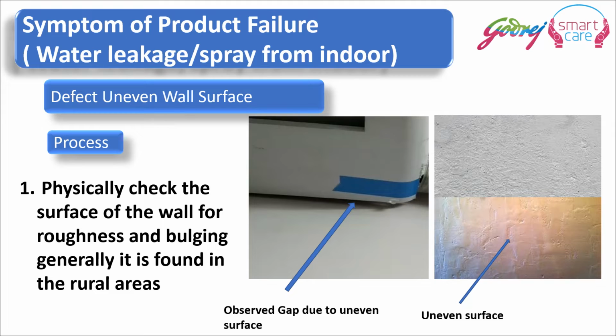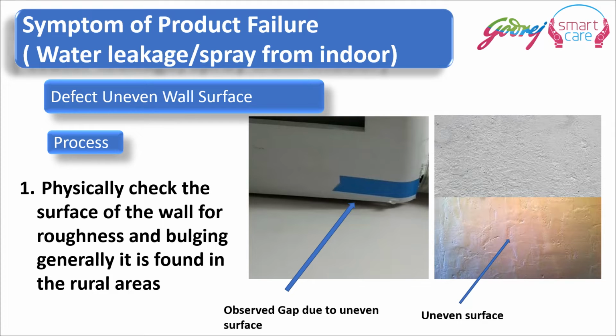And the next defect could be an uneven wall surface. That wall surface has a lot of bumps, it has a lot of projections, and that wall surface is not even. Due to which, when we install the indoor unit on that surface, there is a chance that the indoor unit may get skewed or it may get tilted in some places, due to which the